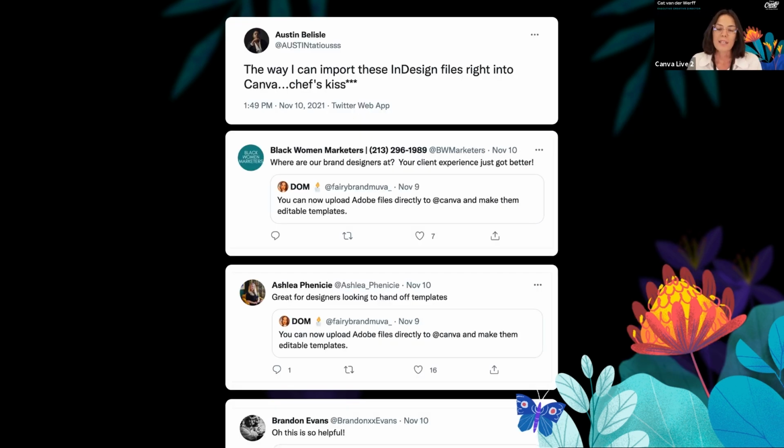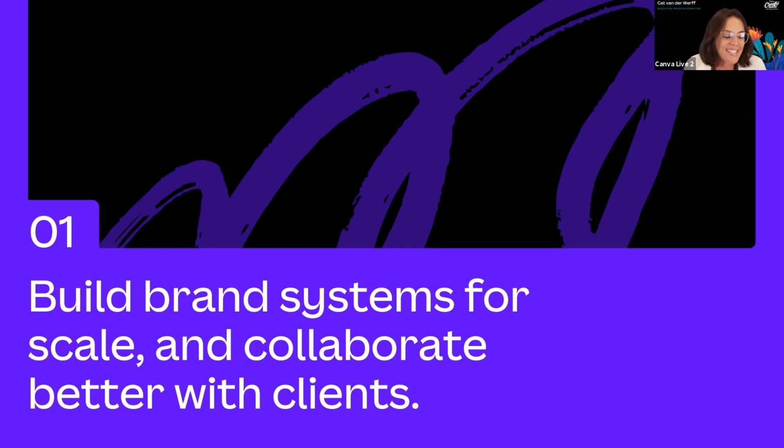To make this even easier for you, we've actually just released a feature so you can import your InDesign and Illustrator files directly into Canva, and they will turn into Canva templates like magic. I'm going to show you that a little bit later on. So let's dive in. I'm going to take us through how to build brand systems for scale and collaborate better